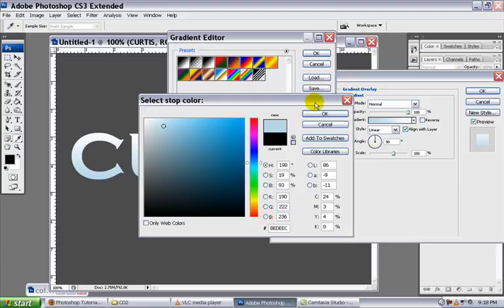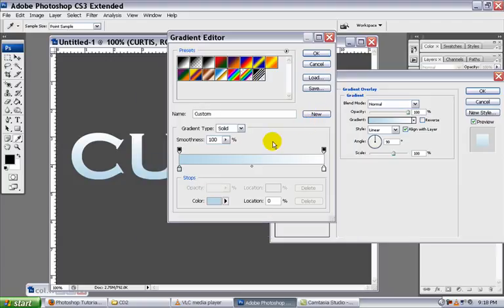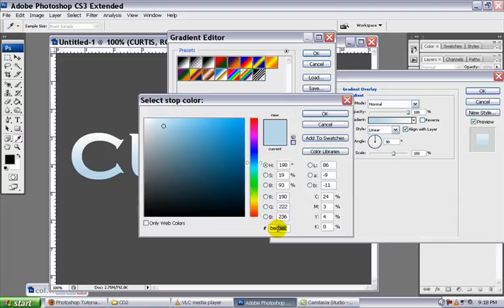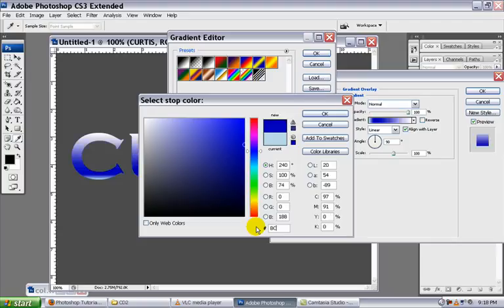So there's our first color, that pale blue. Click OK. Now we've got a pale blue, and I'm going to make a brand new paint bucket by just clicking right here with my hand, and now I've got a new paint bucket. It makes it the same color as the last one, so I'm going to double click this one, go down to the code, and put in my next code. The next code is